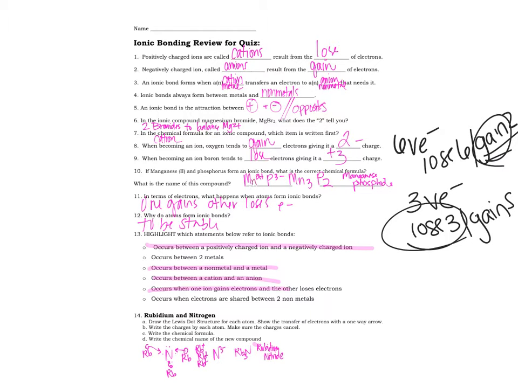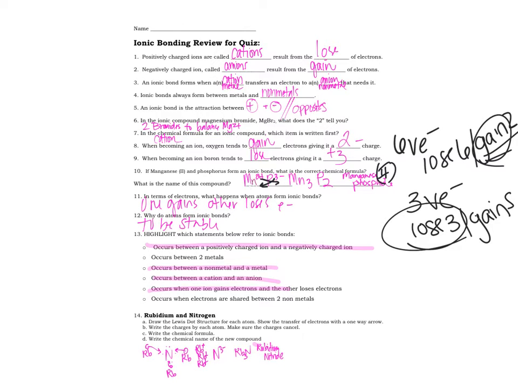For number 10, manganese 2 and phosphorus form an ionic bond. Because it gives you that Roman numeral, we know that manganese can have different charges. So that 2 indicates that it's going to be a +2. So we have Mn+2, P3-. You just crisscross, and your new chemical formula is Mn3P2, or manganese(II)